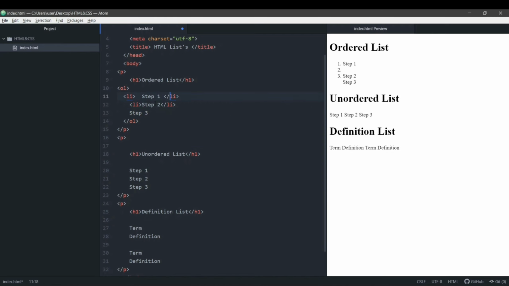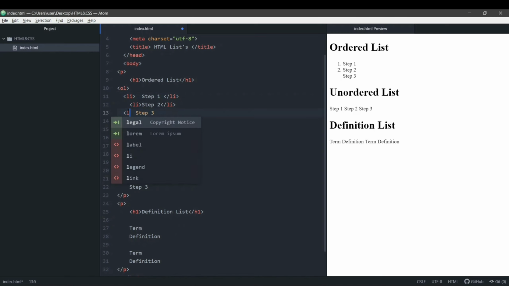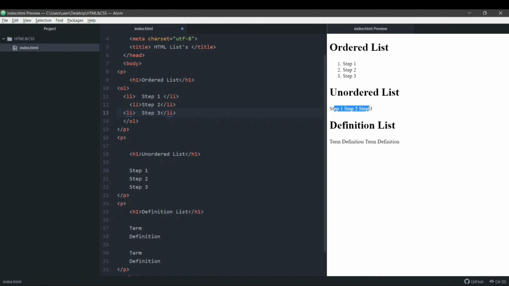Again we'll add an LI tag here and close this LI tag. Now you can see that our list has been ordered. It has been given numbers 1, 2 and 3. Before it was just appearing in one single line because it wasn't structured, it wasn't formatted. But now it appears properly as an ordered list.